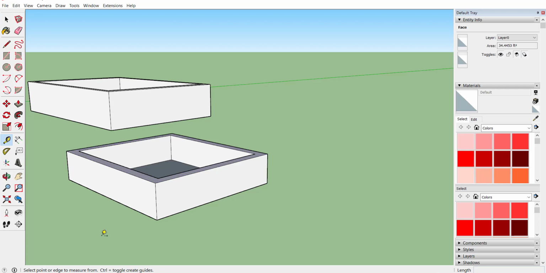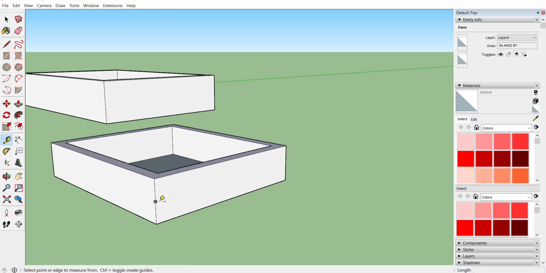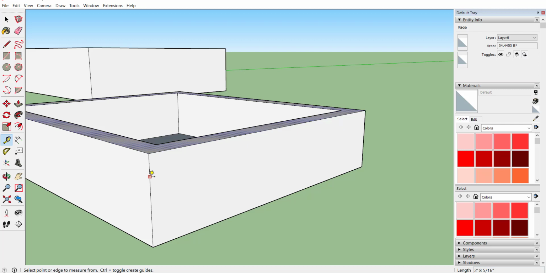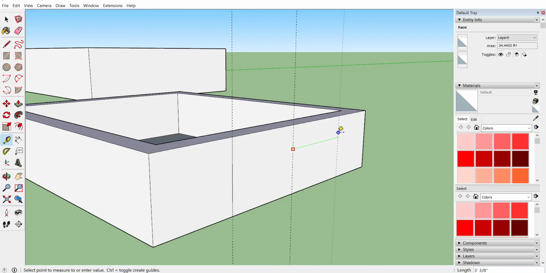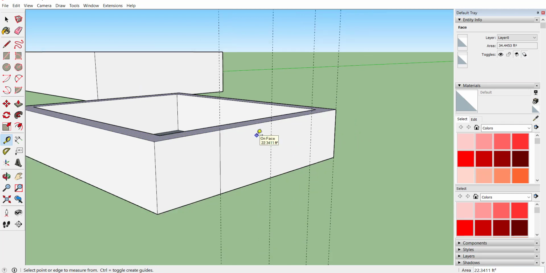Whenever we are working with an interior design or elevation project, it is necessary to work with accurate dimensions. So how can we use the tape measurement tool? If I want any measurement from this edge, then first select that edge, and type the required distance from that edge. Let's consider it to be 3 feet. So type 3 feet, hit the enter button, and you can see one reference line will be generated. With the help of that reference line, you can work on your design. Similarly, you can generate as many reference lines with your accurate measurement with the help of the tape measurement tool. So this is how you can use your tape measurement tool.